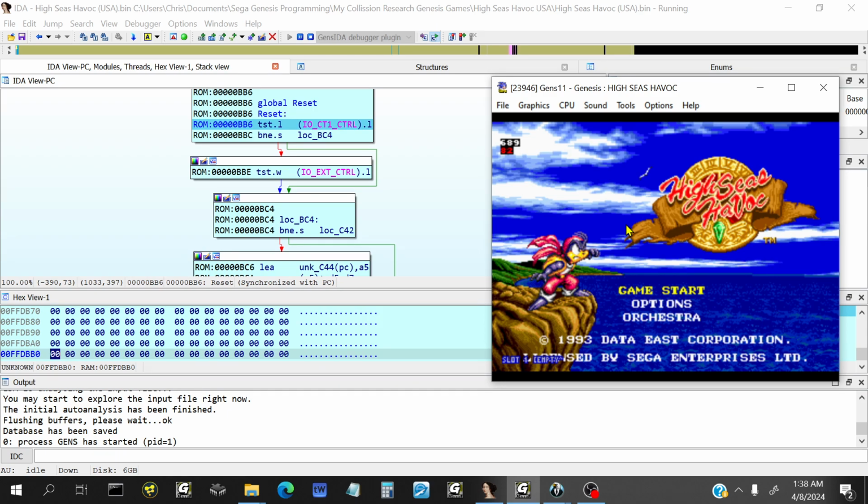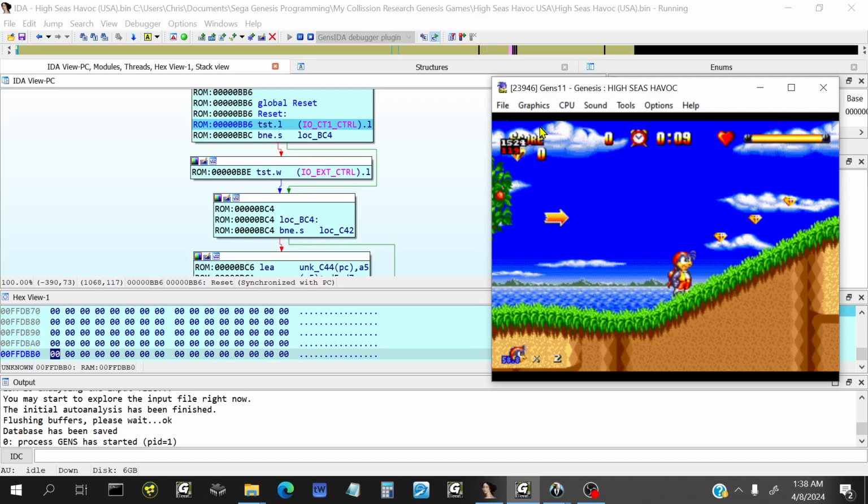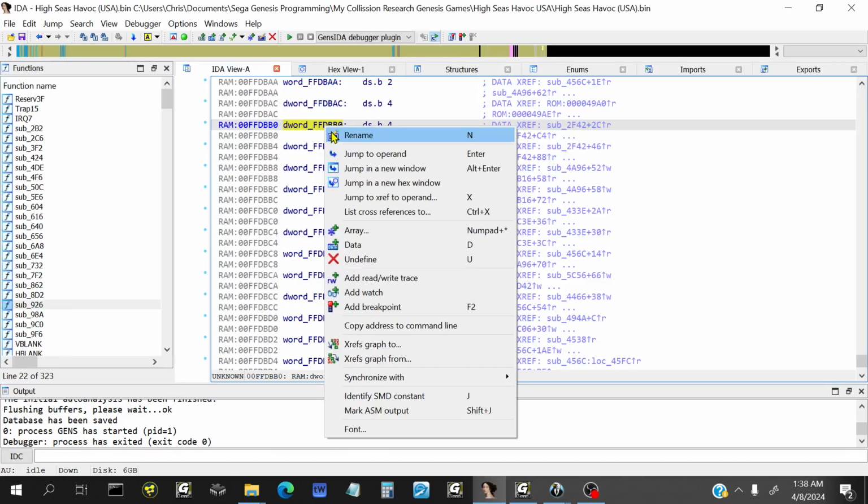As you can see, it's the emulator. I'm not going to get too much into it in this video to try and stay on subject here, but I'm just going to run the game a little bit, let it run and then close it. So now when I go to these RAM addresses, it will see their size, what they are. So I will rename this address here player screen X, and then this one player screen Y,